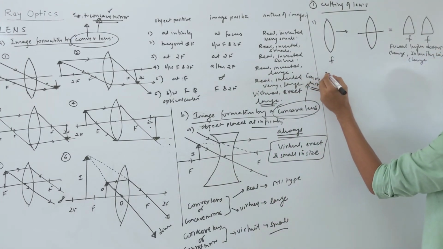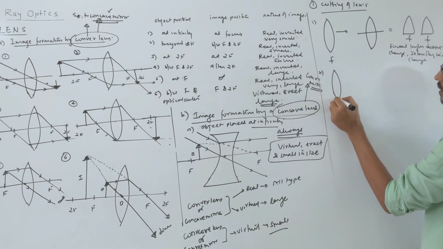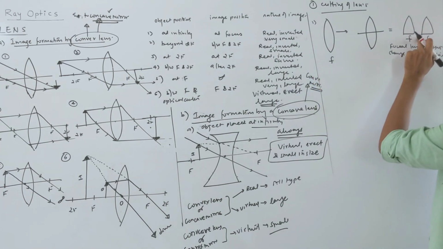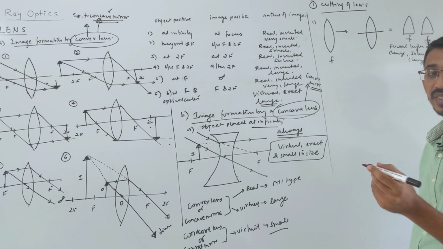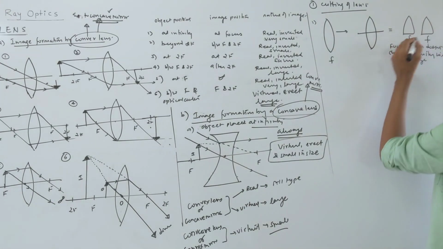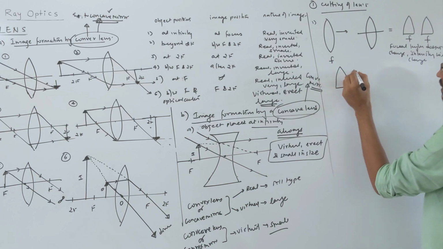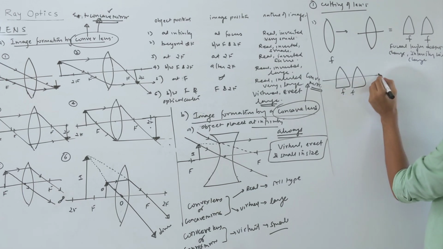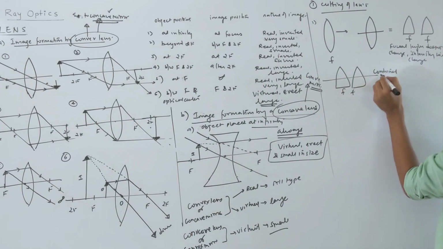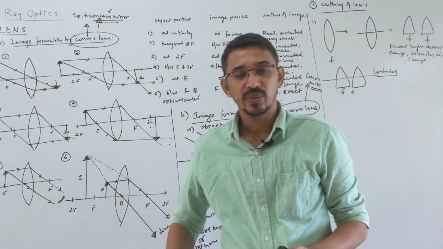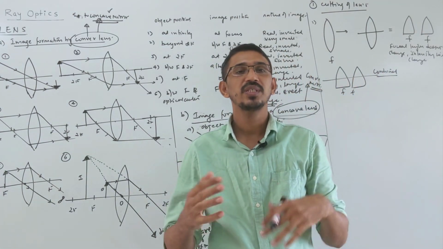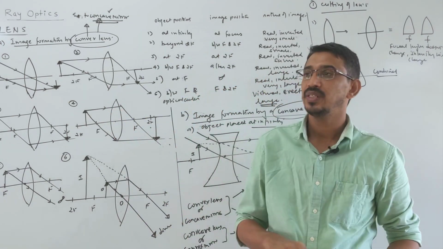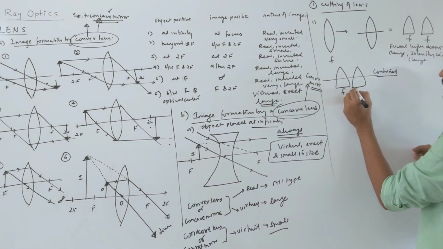Then the same lens you cut this way, a lens of focal length f. These two pieces can make some combination, and then they ask you the new focal length. Suppose I say these two lenses are placed close together like that, and light passes through. What is the combined focal length? You remember how to add two focal lengths: inverse addition, 1 by f is equal to 1 by f1 plus 1 by f2.